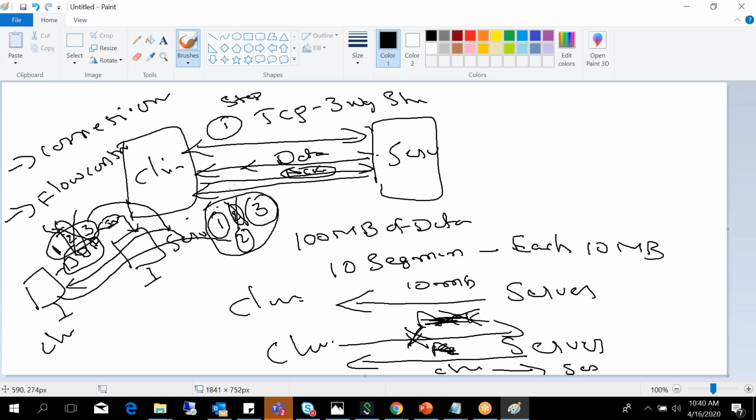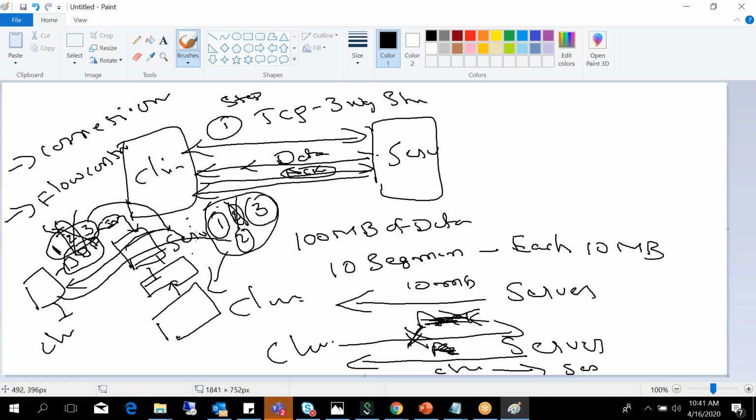Now you got the full data: 1, 2, 3, all the packets. All these segments will be given to the presentation layer. Then the presentation layer will perform decoding and give it to the application.